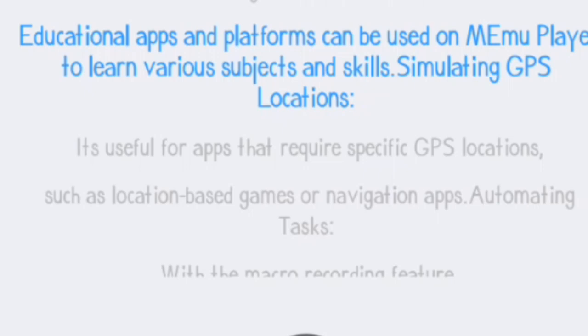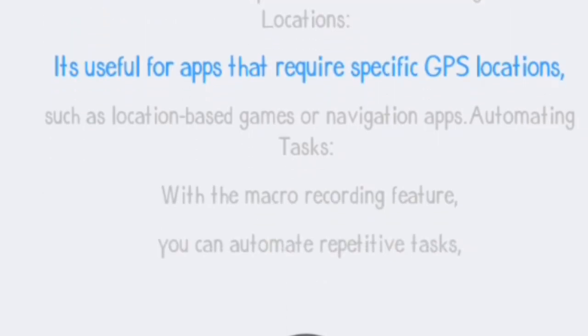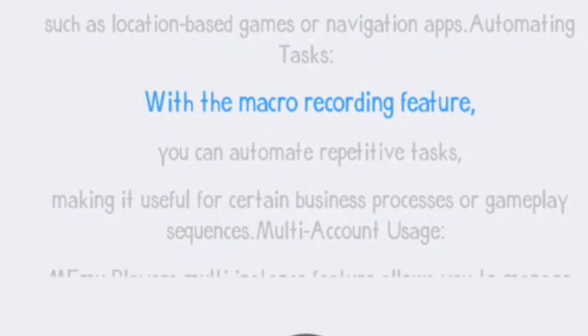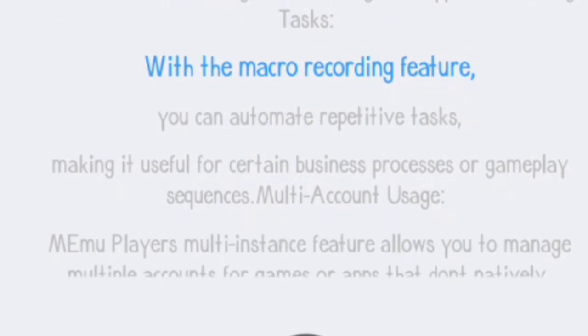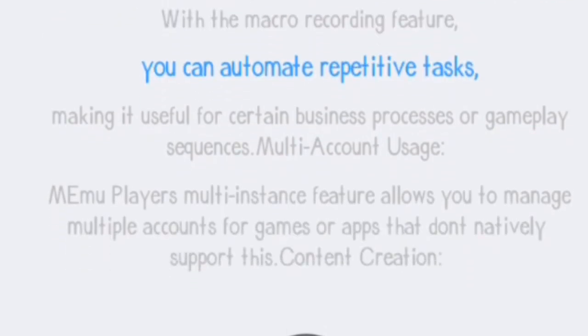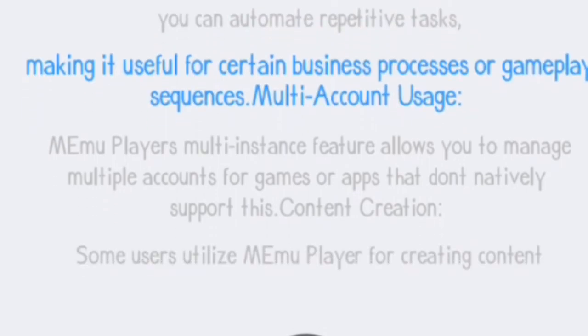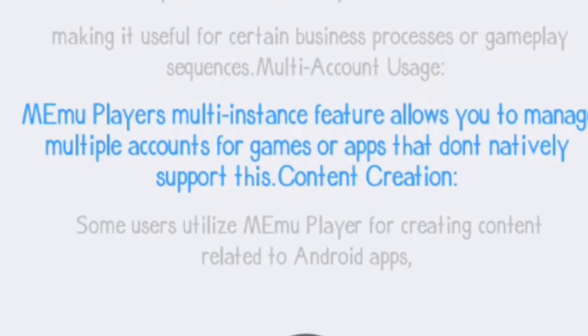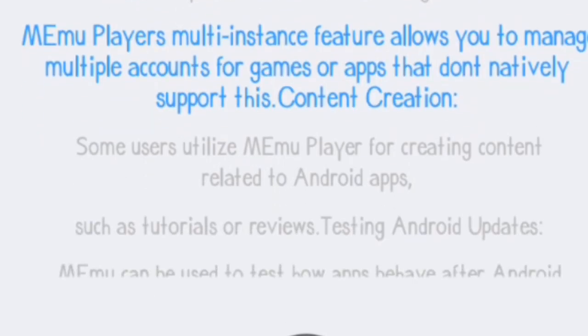emulating GPS locations. It's useful for apps that require specific GPS locations, such as location-based games or navigation apps. Automating tasks. With the macro recording feature, you can automate repetitive tasks, making it useful for certain business processes or gameplay sequences. Multi-account usage. MEmu Player's multi-instance feature allows you to manage multiple accounts for games or apps that won't